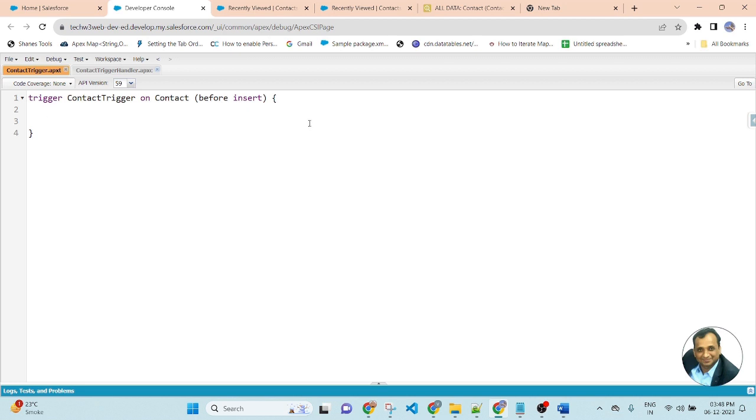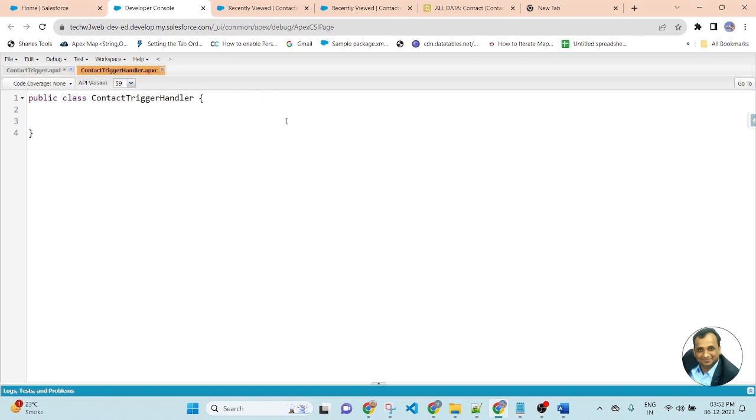Here I am populating the value on the contact record on the same object, so we do not need a DML operation here. As per best practice in Salesforce Apex triggers, create the Apex handler class, and inside the trigger handler, create a method. That method will be applied inside the trigger.